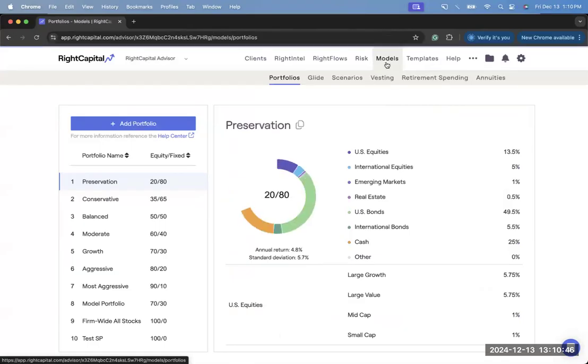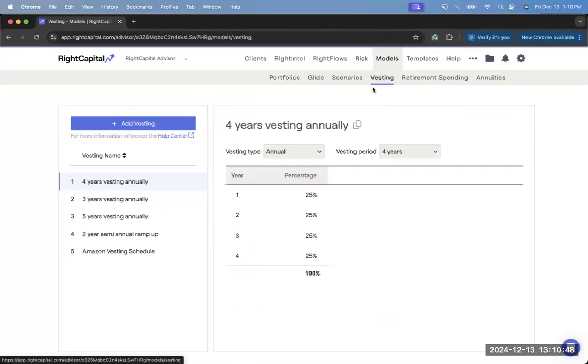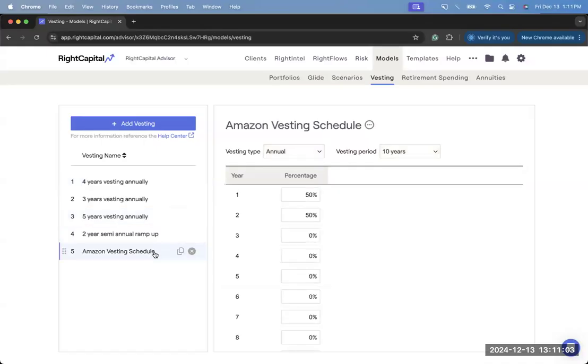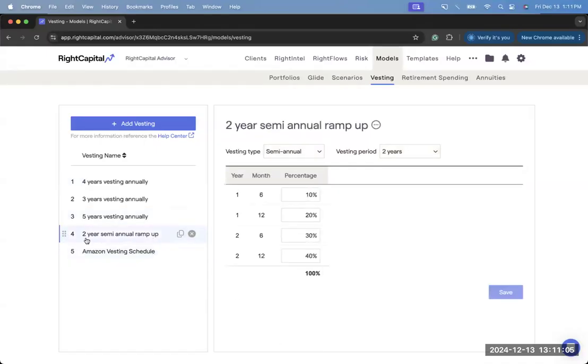And within this area, the place where you can build those custom vesting schedules is within the Models tab here. So in the Models Vesting tab, this is where you can both take a look at the pre-built vesting schedules here, these 3, 4, and 5-year annual vesting schedules, but you can also add your own vesting schedules here. So if we take a quick look at something like the Amazon vesting schedule or maybe the